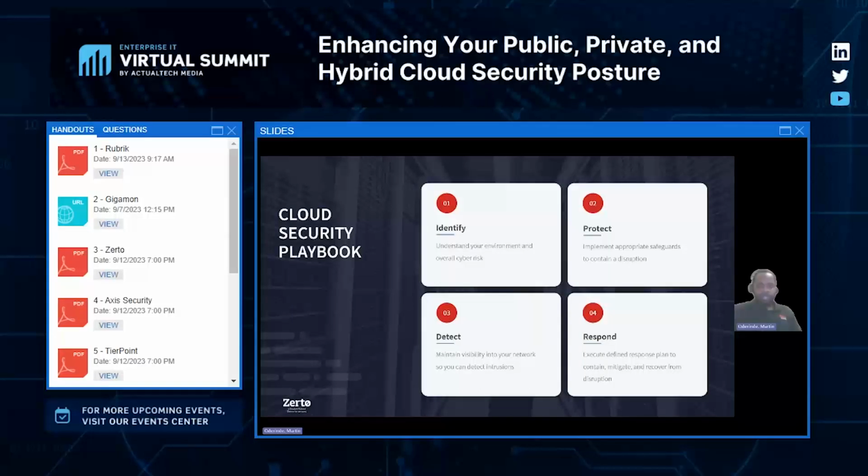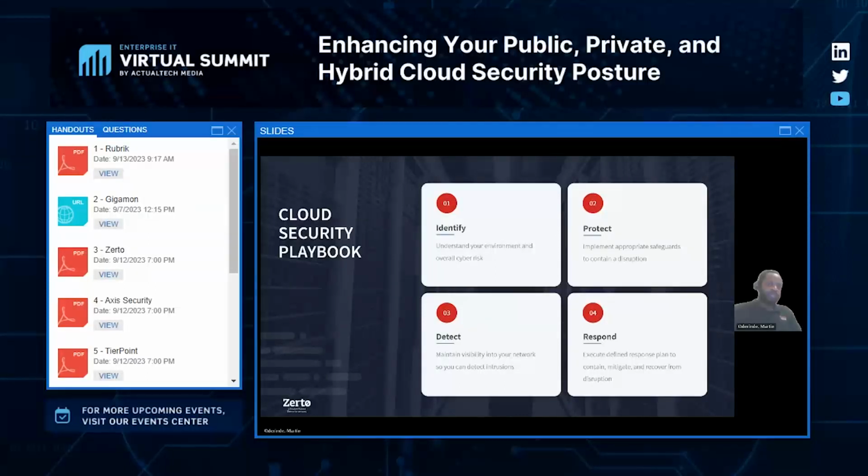There's identity management, authentication, access control, data backup, and recovery, or having that recovery system in place, like the 3-2-1-1 backup rule, which is 3 copies of your data, 2 different storage media, 1 copy offsite, and 1 copy air-gapped, which is something that Zerto can easily facilitate.